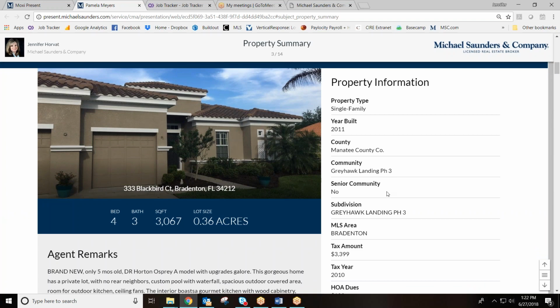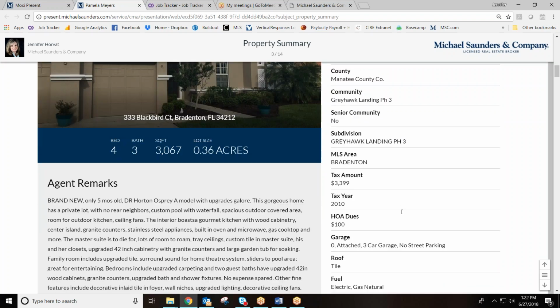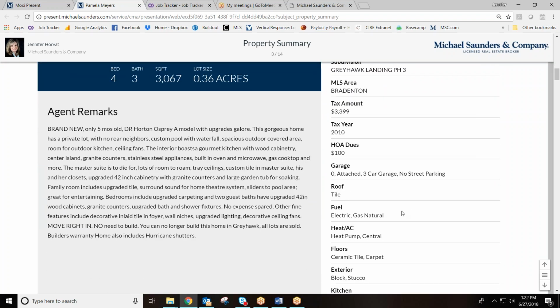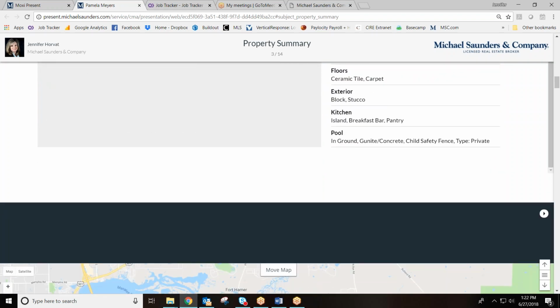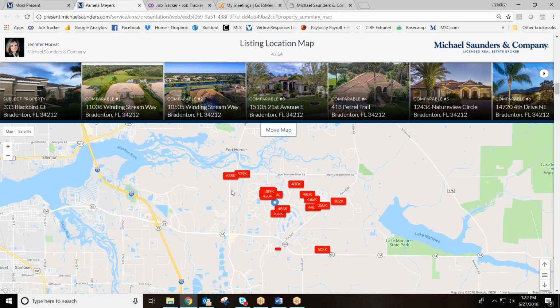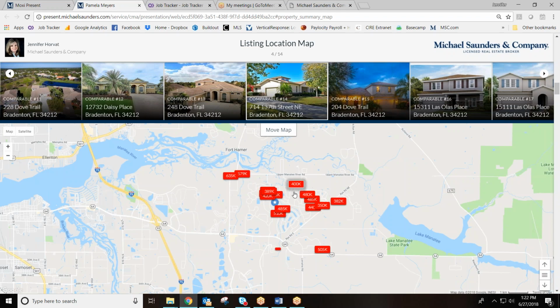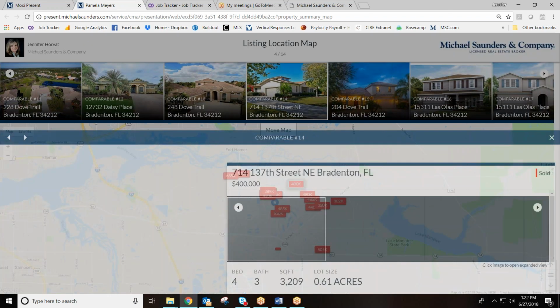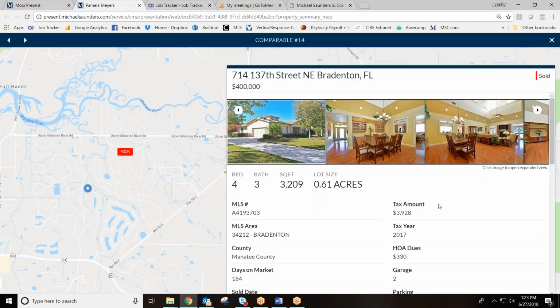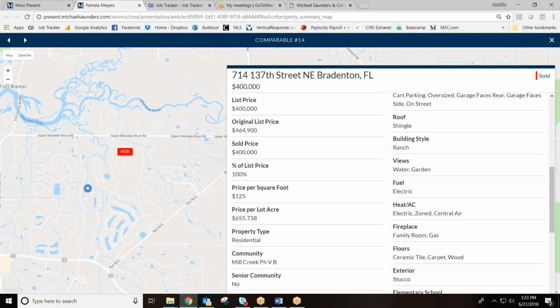So these are just different tools within the product that is beneficial to you and to your seller. It gets updated in real time. You'll know exactly when something has changed. This map is completely interactive, so when I click on the number, it'll bring the listing up. When I click on the listing, it'll go ahead and bring me up all of the details. So everything is very interactive and